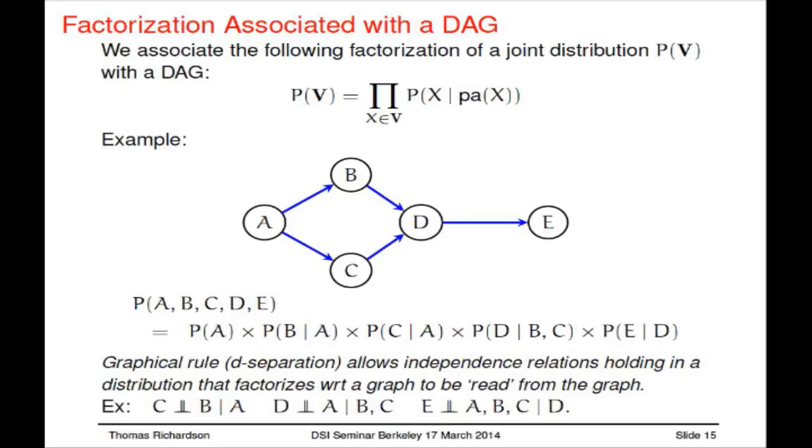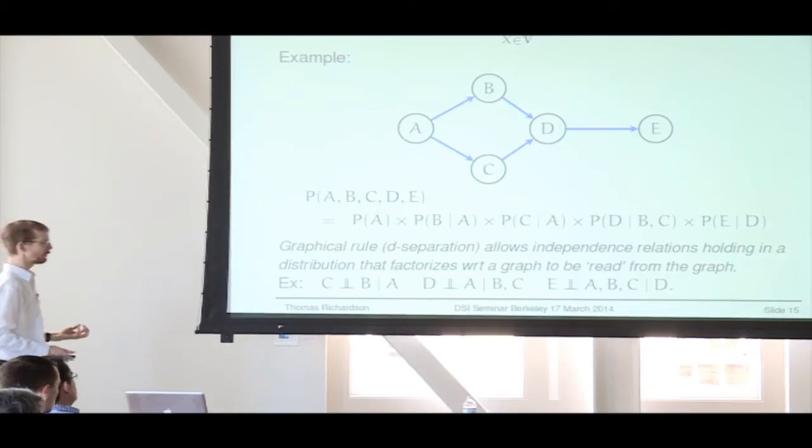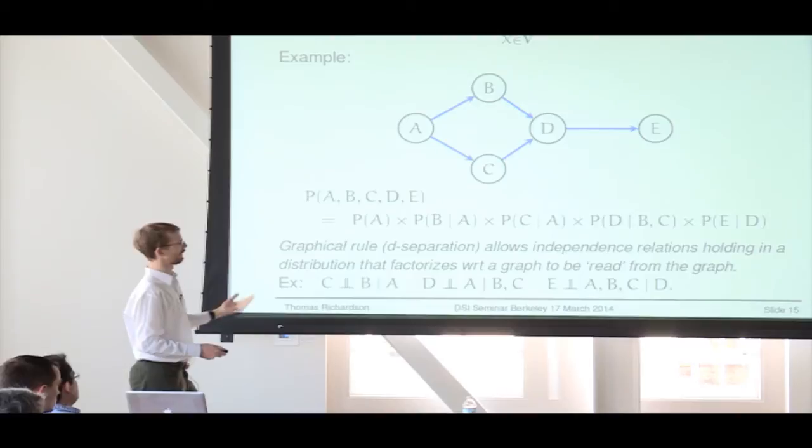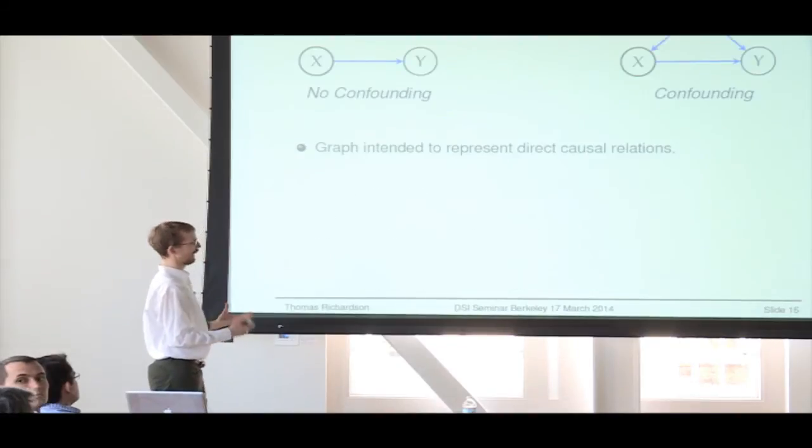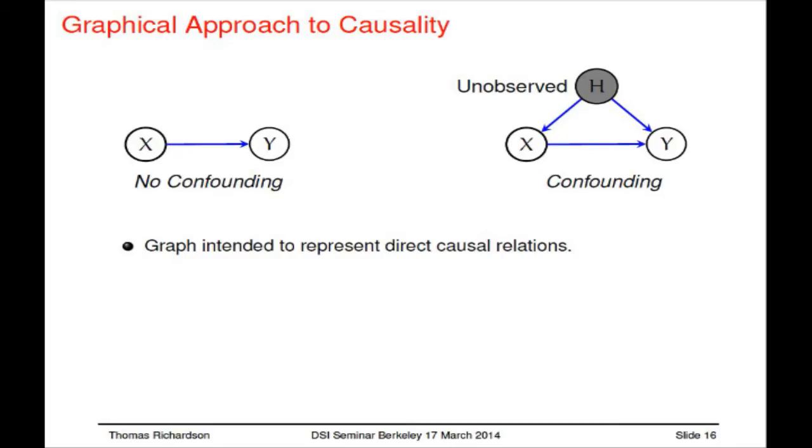So now the question is, in order to link this up to causal notions, I need to add in some more structure. I need to add in some more assumptions. And the basic idea is that there's a convention when people write down a causal graph. When they want to interpret it causally, there's a convention that says that